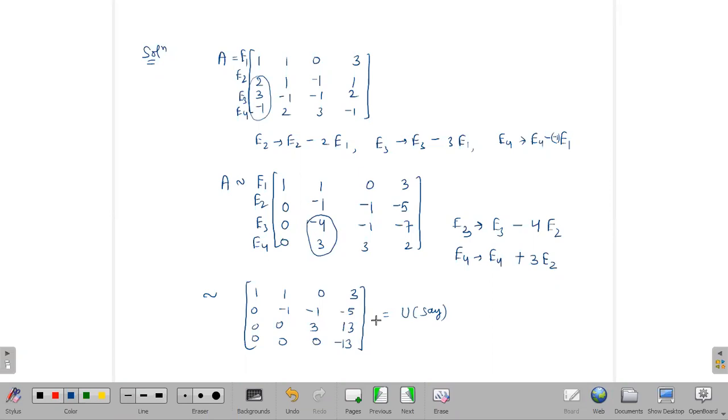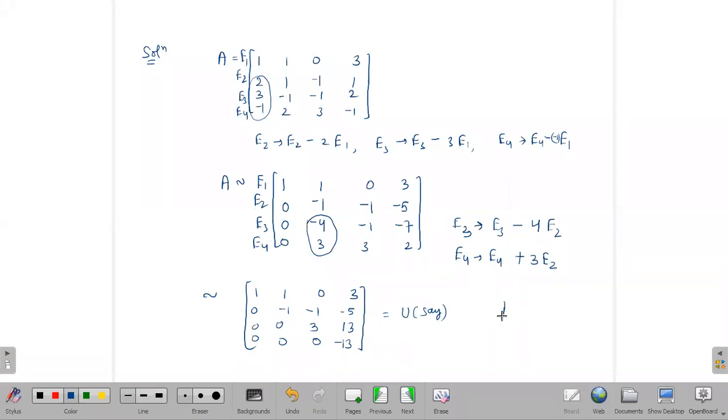Actually, here you can see this is automatically 0. Means if we have made these operations on this matrix, it has directly become 0. If it has not become 0, then we have to make another operation also, which is on E4 with the help of E3. So this is automatically become 0. Okay. So this is our upper triangular now.